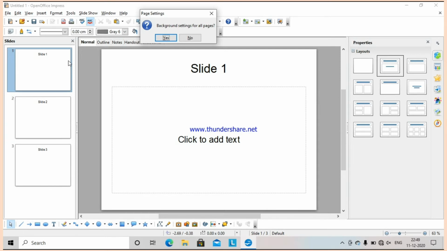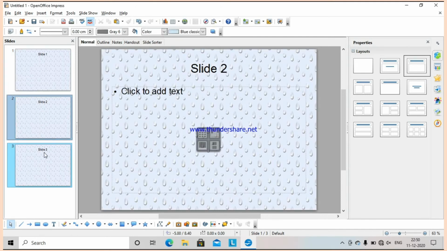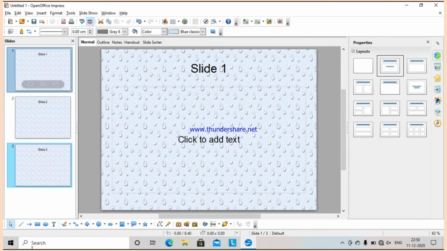If I want to put it on all the slides of the presentation, I would click on Yes. If I click on No, it would be applied to only the selected slide. At present, the first slide is selected. So if I click on No, it would be applied only to the first slide. And if I click on Yes, the same background would be applied on all the slides. In this way, we can set the background of my presentation slides.